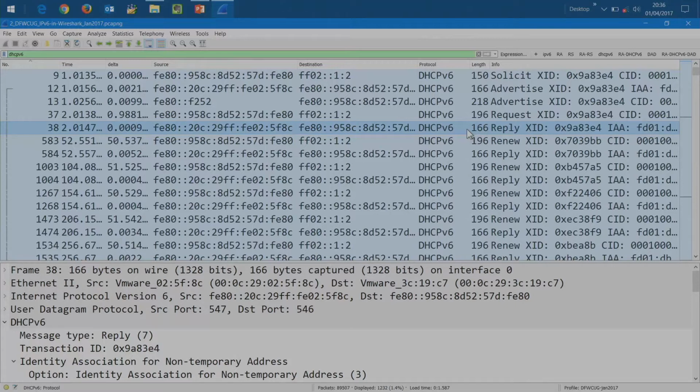So the basic reported problem, tying together the router advertisements and these DHCPv6 advertises, is that the user is reporting intermittent connectivity. And it's because its addresses are changing from global unicast to ULA, back to global, ULA for a long time, global, ULA, global for a long time, ULA.